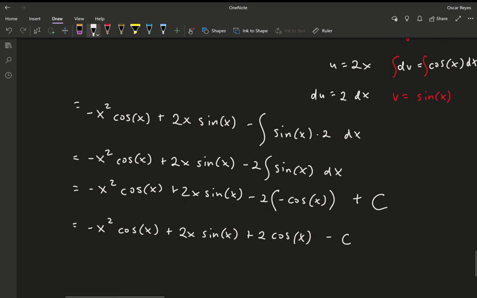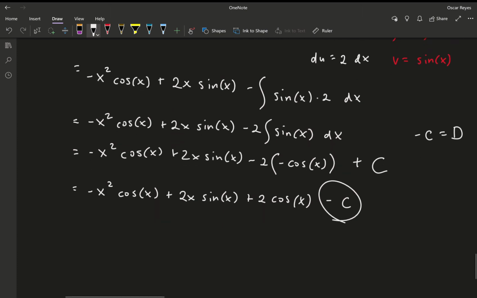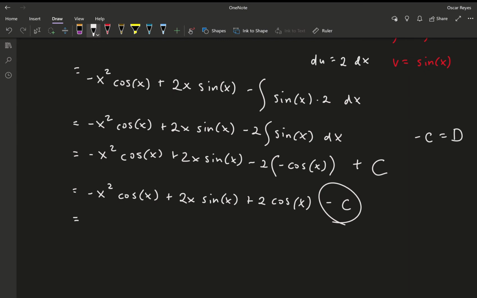And then we know that this is just a constant, right? So if we take negative c and we let that equal d, then it can be negative x squared cosine of x plus 2x sine of x plus 2 cosine of x